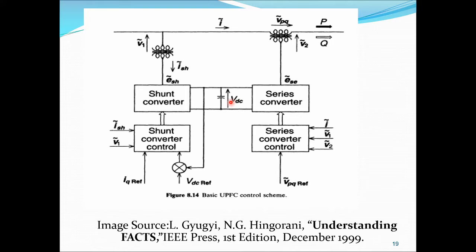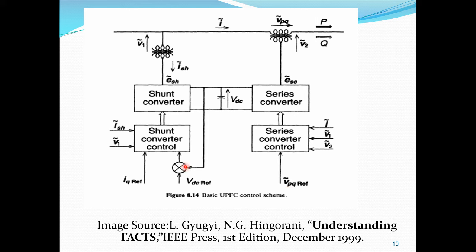We know that. But moving on to the next one, I would like to make it one control structure. Below, shunt converter control. Below, series converter control. But for this control structure, which parameters I give is the main issue. Shunt, in the sense, I would like to inject current. Series, in the sense, I would like to give voltage.